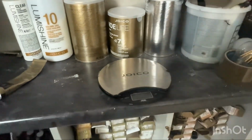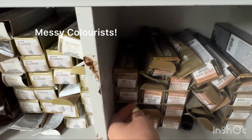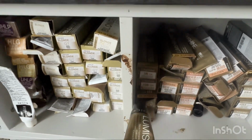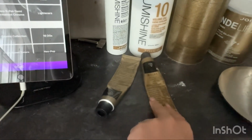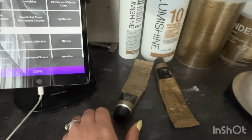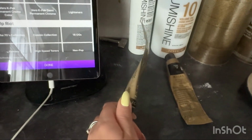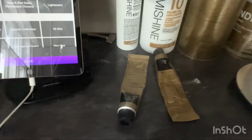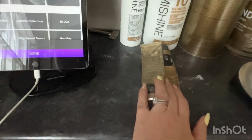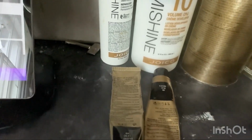So we are taking Georgia darker today. On her roots, I'm going to do 8N in Lumishine DD cream, which is a pre-pigmented dimensional deposit cream, and 6N, making a 7. This will go slightly darker than a 7, hence why I'm using the equivalent of a 7. And this is mixed with 5